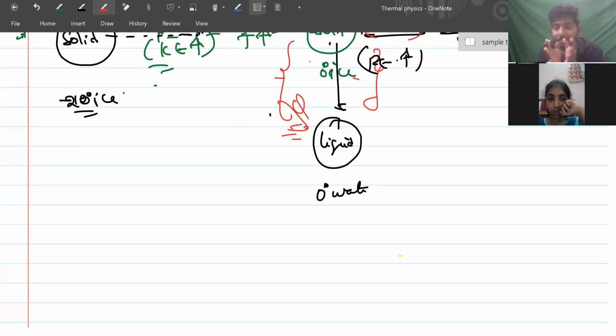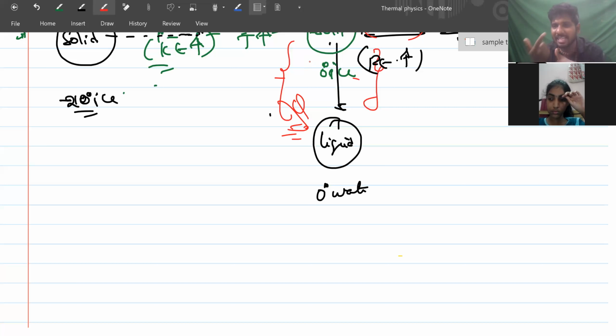First the ice will keep on melting, because they're together, right? That's why the water will be very cold. When you keep ice water outside, the ice gets converted into water, but the water will still be cold, right? Will the water temperature rise? No. In the ideal case, slowly the ice first gets converted into water, then the water starts raising its temperature.